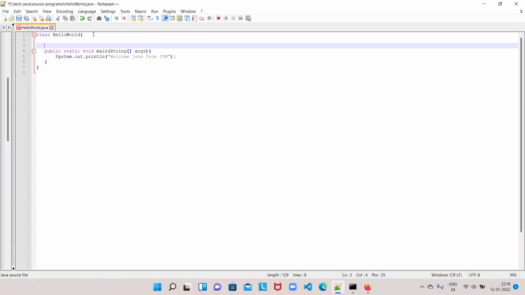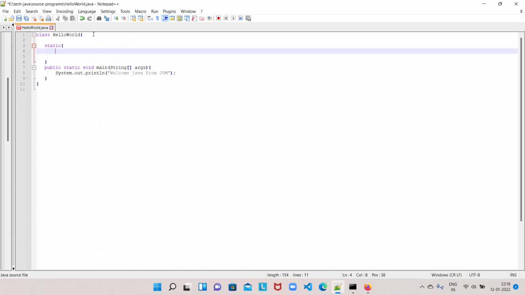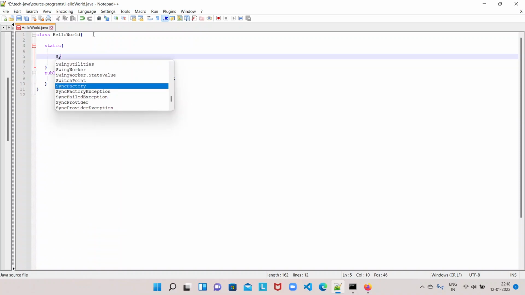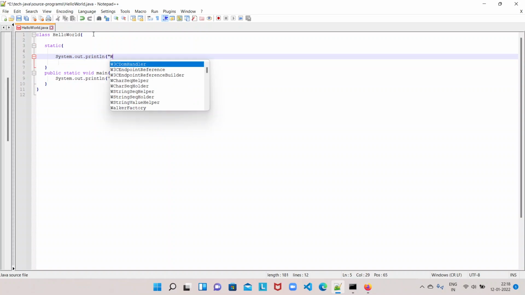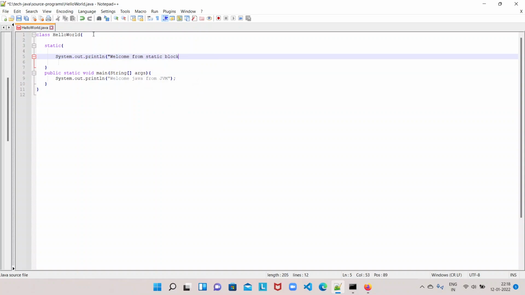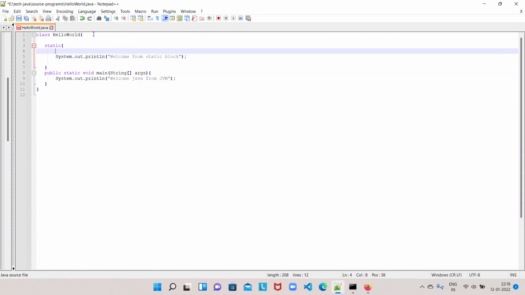Let's say, for example, we write a static block in Java like this, system.out.println of "welcome from static block". Let us execute this one.